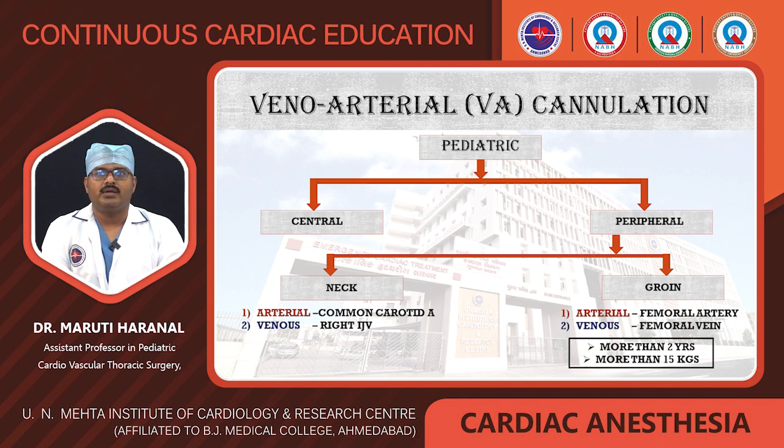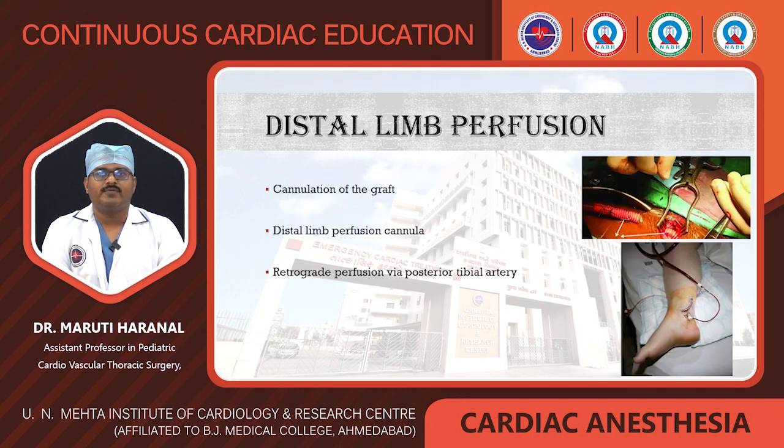We can use the groin in patients more than 2 years old and more than 15 kg, where we will cannulate the femoral artery and femoral vein. Distal limb perfusion is an important aspect of an ECMO run to prevent distal limb ischemia. It can be prevented by cannulating the graft. A distal limb perfusion cannula can be placed, and more recently we are using retrograde perfusion via the posterior tibial